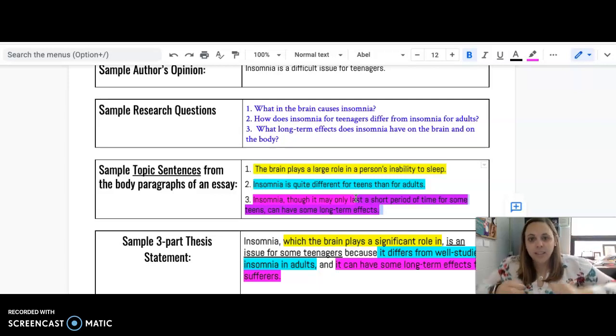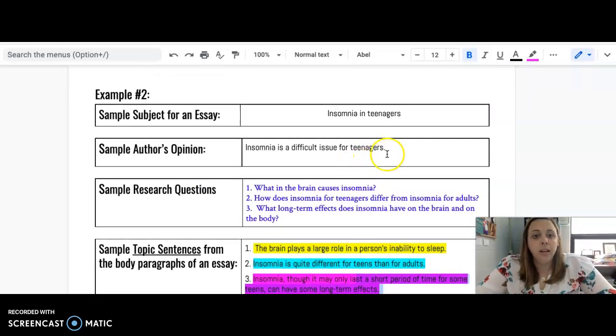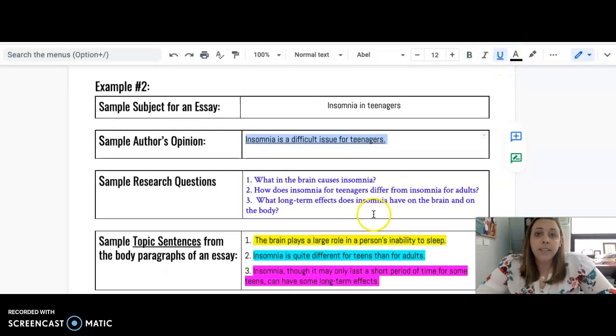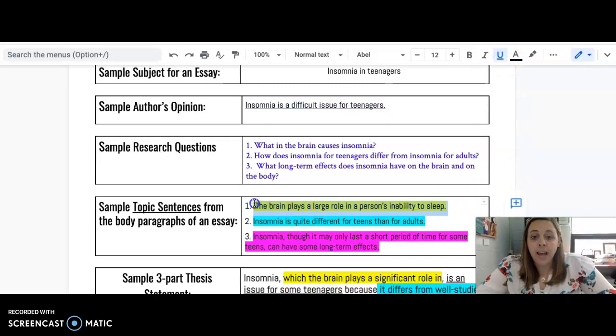It doesn't work. What we need to do is take our sample opinion and underline it. We are going to take all of our topic sentences and I want you to highlight them in a different color. So I have yellow, blue, pink. We have to try to work all of those things, our topic, our opinion, and our 3 main ideas into a thesis statement. They also have to be in order of how we're going to talk about them in our paper. So if we look here,